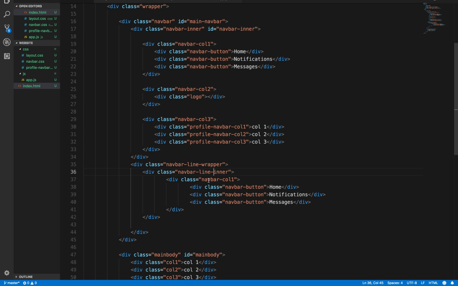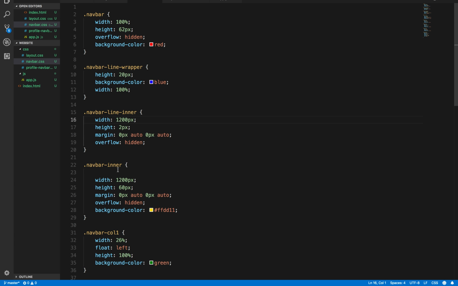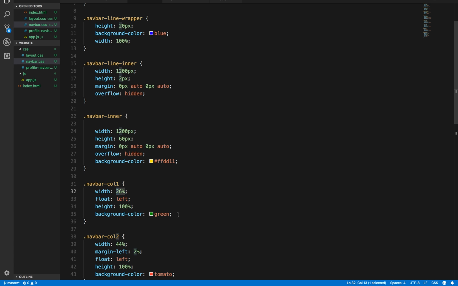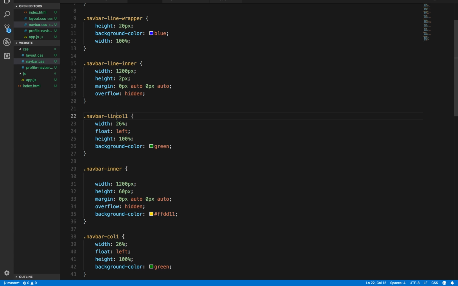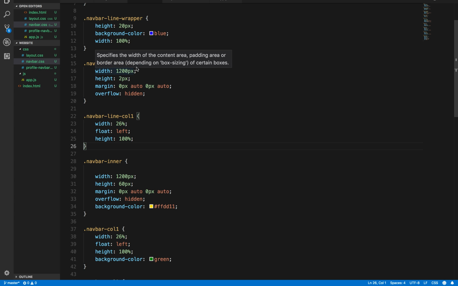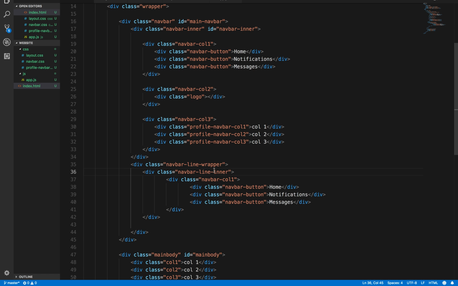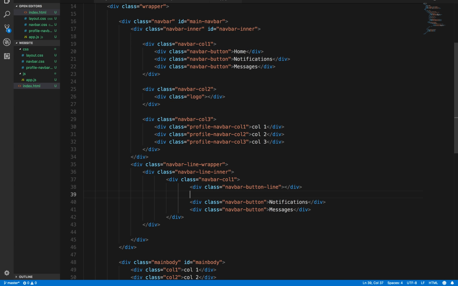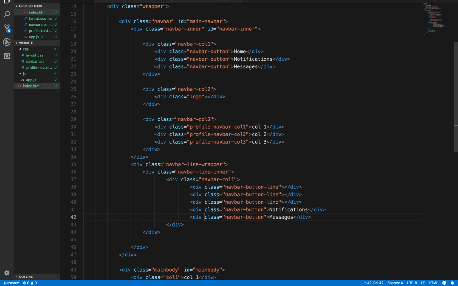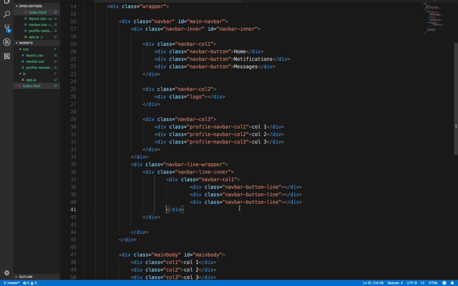Navbar line inner. Now it has then navbar column, and this navbar column has good width and float left. It has everything that we need here, but we need to have navbar line column because we don't want a background color there. And okay, so now we have our navbar line here, and now we want navbar button line, and this one then comes away here, and then we copy this 3 times, get rid of this, and probably later I'll remove this and do it all again, but now come here again